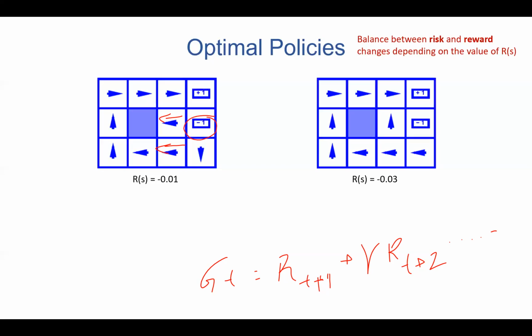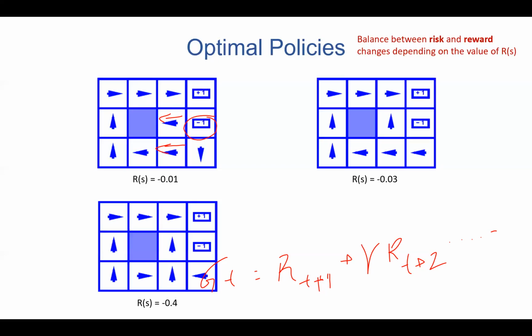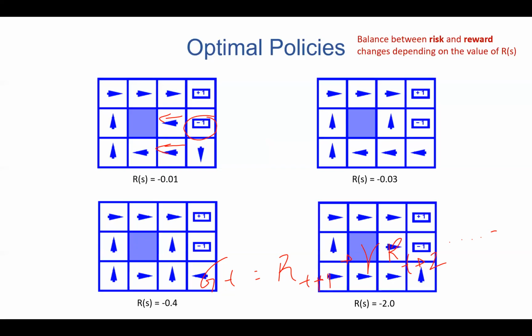If you have slightly better, minus 0.03, then you can get another policy, another recommendation. If you have another, let's say minus 0.4, then you can have another policy, and it's going to tell you that if you're on this edge, you can take east. If you're on this edge, you can take north and get all the way closer to your positive edge. And let's talk a little bit about how we calculate these rewards.